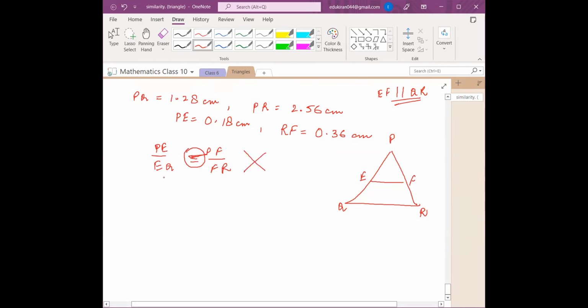So don't write like this. Simply calculate, first of all, what is PE by EQ. So after putting all the values, you are getting 0.18 divided by 1.10. Clear? And also you cannot leave your calculation like this. Please simplify this thing. Okay, so remove the decimal. So you will get 18 divided by